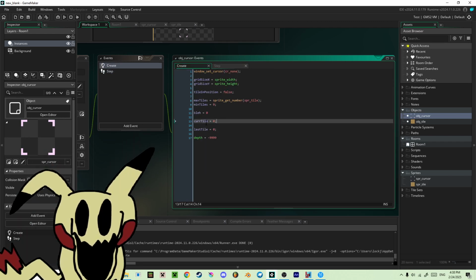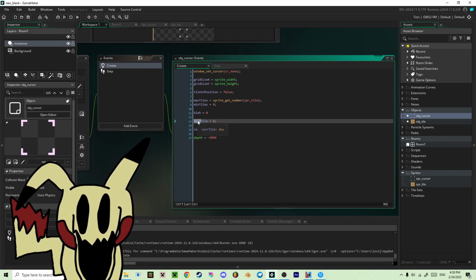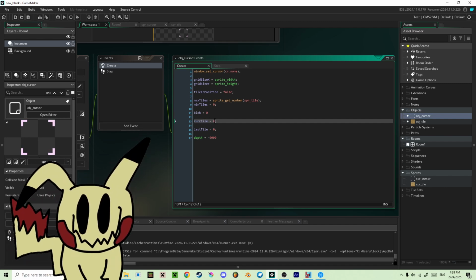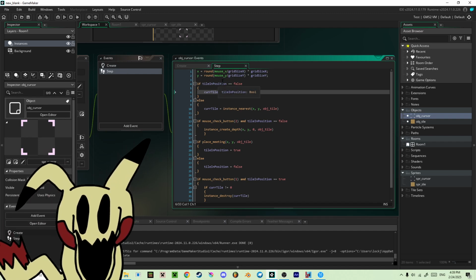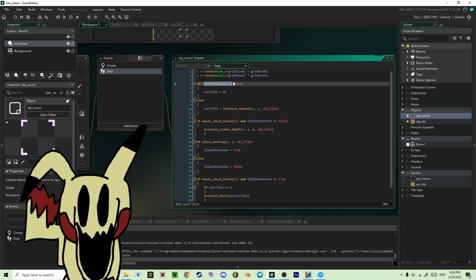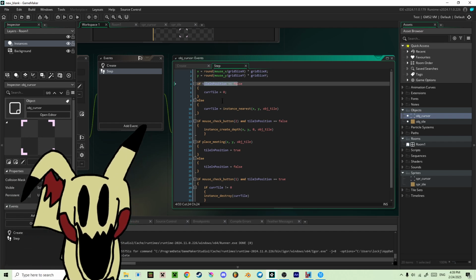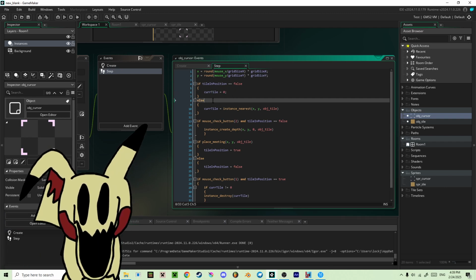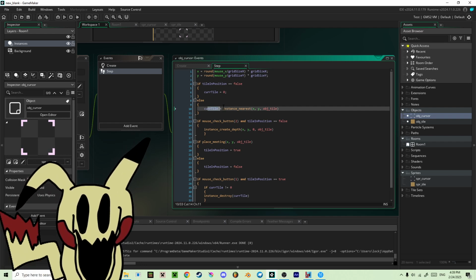Okay, so let's get onto this cur tile variable. Cur seems a little bit weird, it's just a short way of saying current. So this variable here is current tile. Set that to 0, because there isn't a current tile. But basically what it will do is check if there's a tile in position. So if there isn't a tile in the position that you're hovering over, then it will just be 0, so there's no tile currently. Otherwise, if you are hovering over a tile, then it will set the current tile to